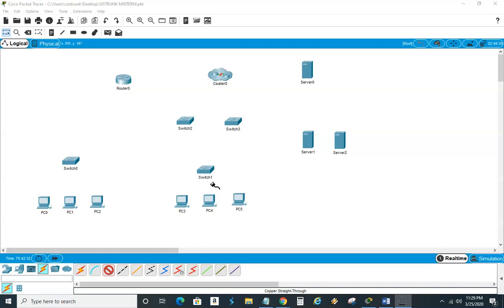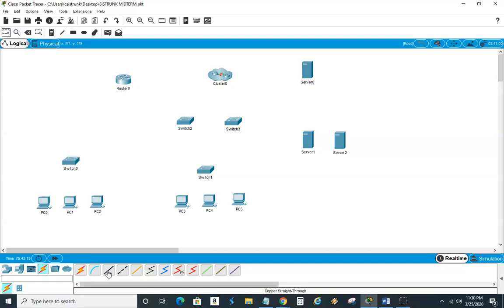Okay, so I am going to start connecting the devices. And the first thing I'm going to do is give you some knowledge on how to use this Packet Tracer to help enhance your skills. So right here, I'm going to come to the straight through cable. Now, when you put a mouse pointer on any one of these devices, you can see right down here at the bottom, the label. So remember, if you don't know what the particular cable is, down at the bottom is the label that'll tell you what. So this is a copper straight through.